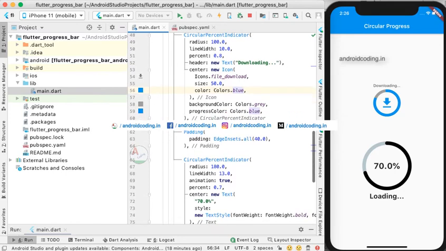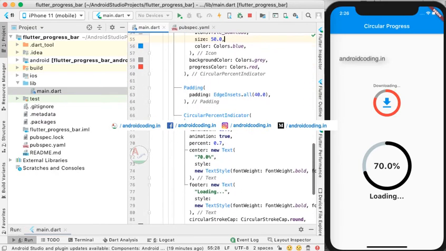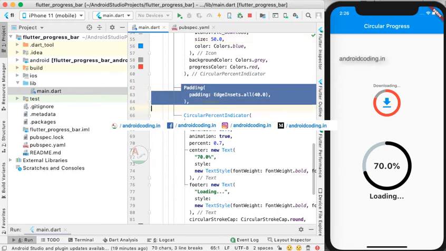And we have given blue color for this, and as you have several options, you can change them to the color you require. And we have provided some padding space between the two progress indicators.